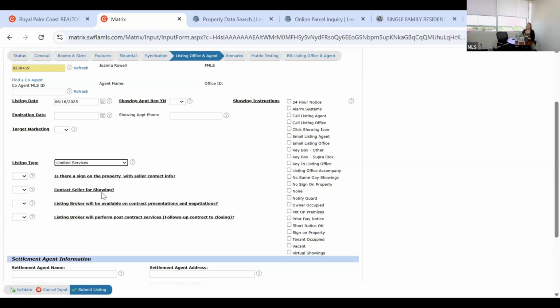Should they contact the seller directly for showings, or are you contacting the realtor for showings? Will the listing broker be available during the contract process? And will the listing broker be available for post-contract services? Will they be at the closing? Will they be assisting through that process? This gives the realtor an idea of who they should be contacting and what that process is going to look